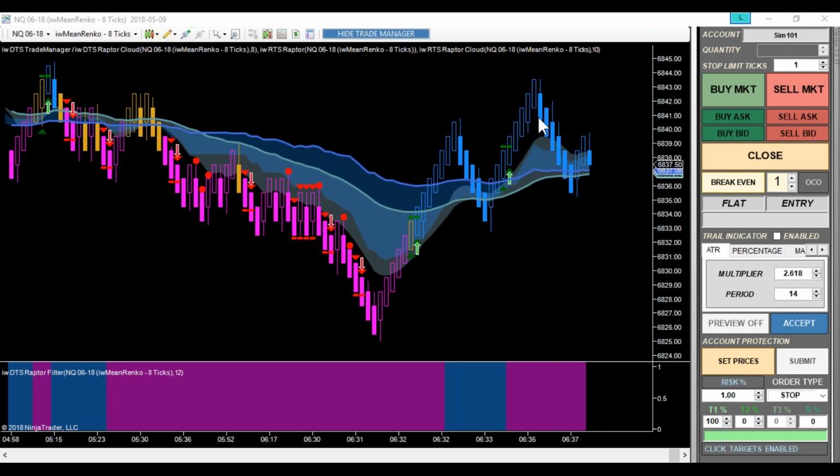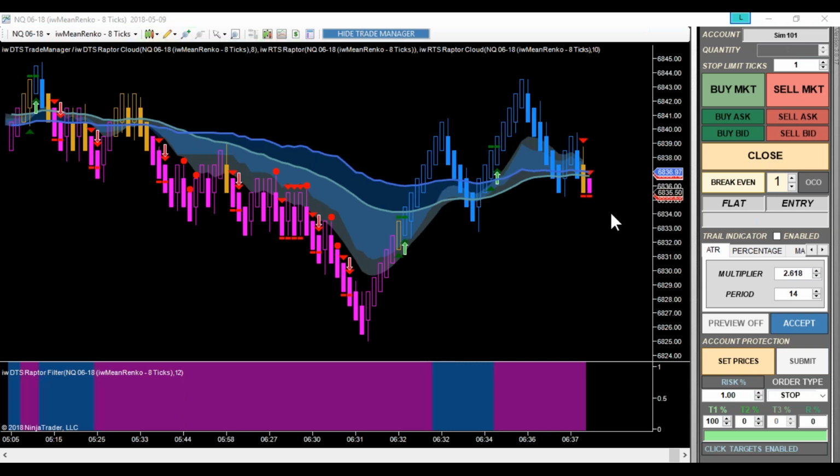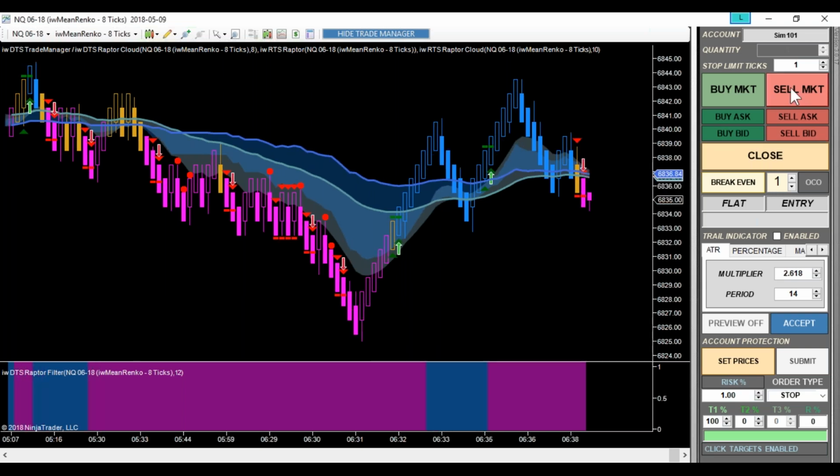All right, the market is coming down now. We're seeing a test of the hard edge, that's the support zone. If this fails at this point, that's going to give us a sell signal that will actually be like a number 2 signal. What time is it? Ooh, okay, I'm going to give that a try. I'm just going to hit the sell market button,